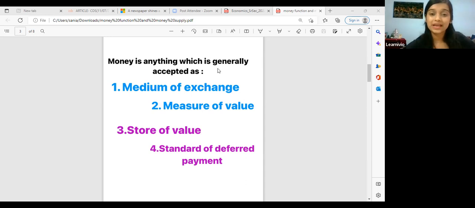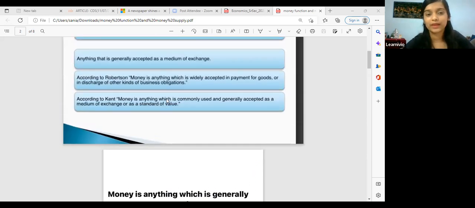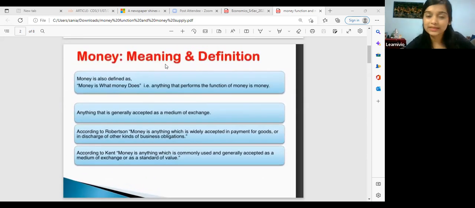So from next time, in next class, I'll ask you, Naveen, what is money? So quickly you will say, ma'am, and start from here itself, because money is generally accepted as medium of exchange, measure of value, store of value, and standard of deferred payment. Don't worry, I'll make you understand all these points, like what you mean by medium of exchange, but right now, that's it. Now the meaning part is complete.